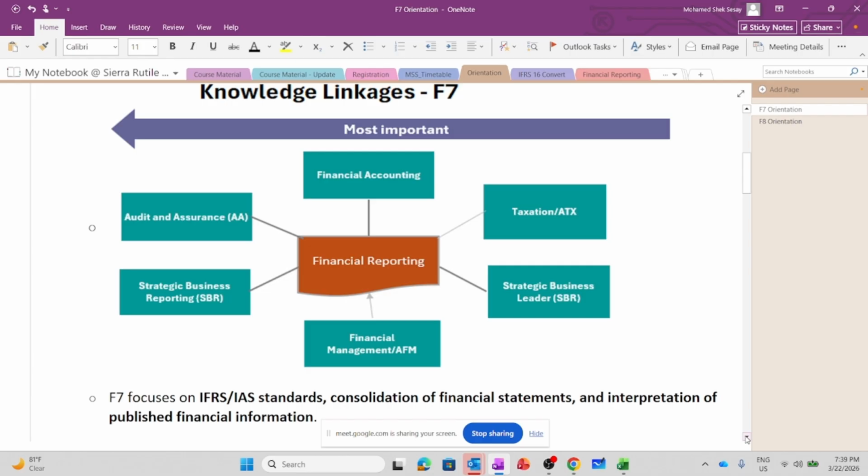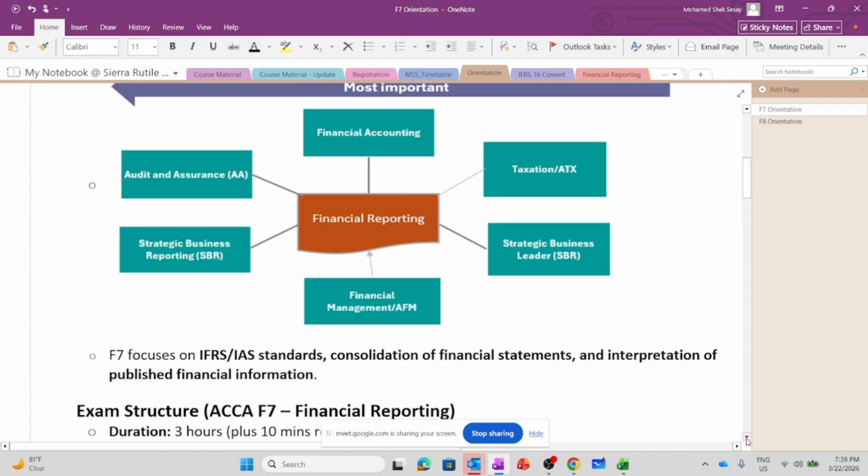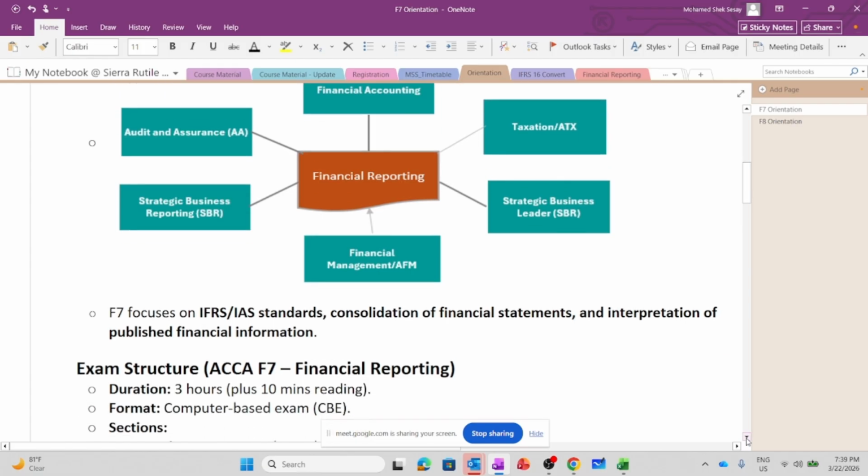Then finally, the understanding of financial reporting will give you an insight into financial management as well as advanced financial management, because when we calculate your investment appraisal and make your decision, we use the accounting profit as part of the investment appraisal technique. So if you have an understanding of financial reporting, it will help you make a better investment appraisal decision for any type of project, whether it's an international or a local investment appraisal.